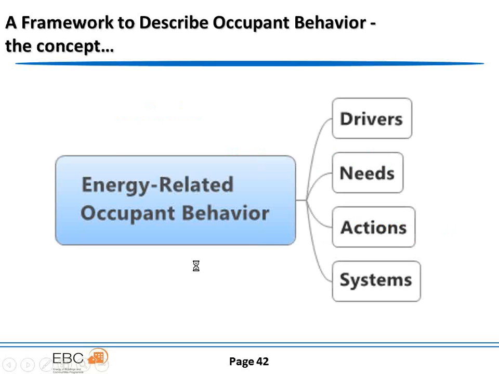So the way we look at that is these 4 aspects. There's drivers, there's the needs, your comfort needs, your air quality needs, various needs. And if your needs are not met, right, you're going to take certain action, try to restore the need or be able to adapt. And the system is more like the building physical systems or controls that you can